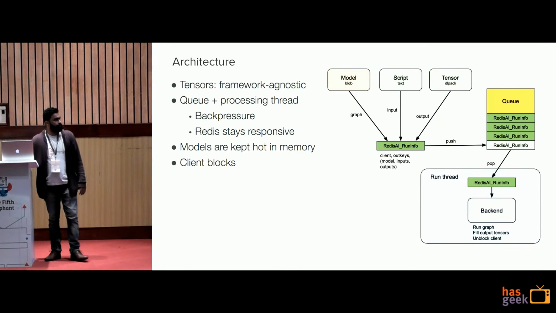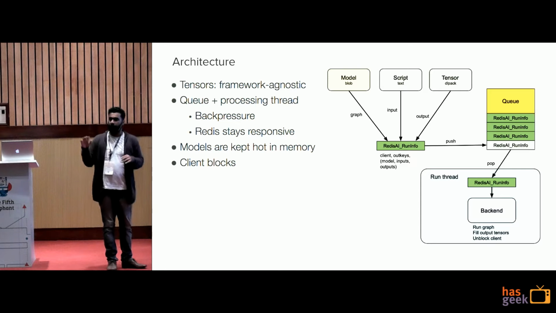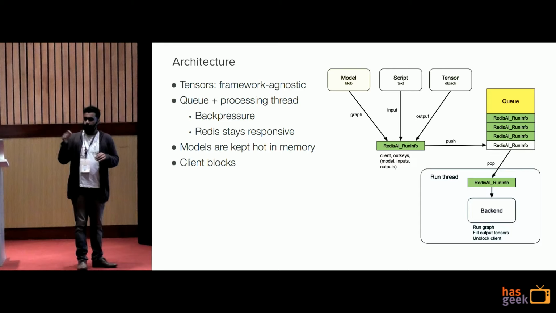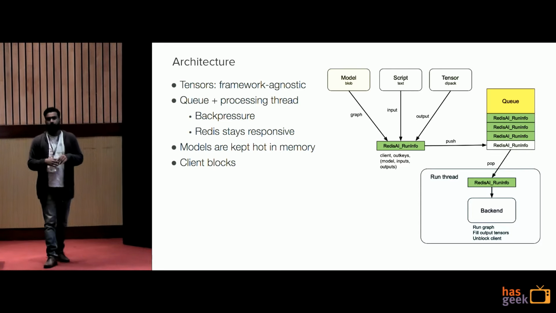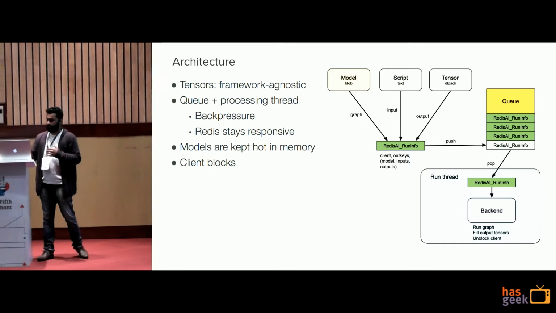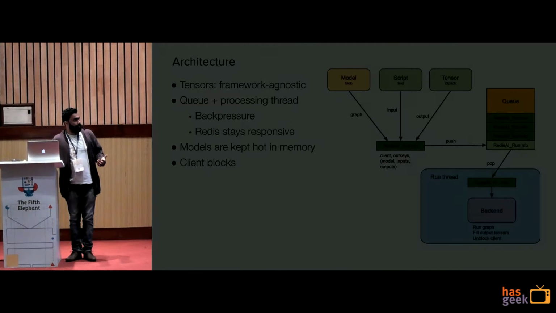Okay, so this is a simple architecture of RedisAI. So you have a queue. If you have 100 requests coming in a second, your system will not fail. Instead, we put those 100 requests in a queue, and there is another thread running, which pulls the data or model, whatever, from the queue and executes it in a separate thread. So you don't end up having your server blocking your requests.